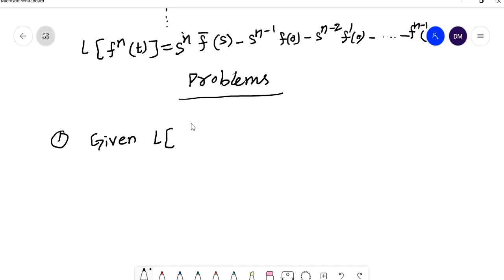L of sin root t is equal to root pi by 2 s power 3 by 2 into e power minus 1 by 4s. Then prove that